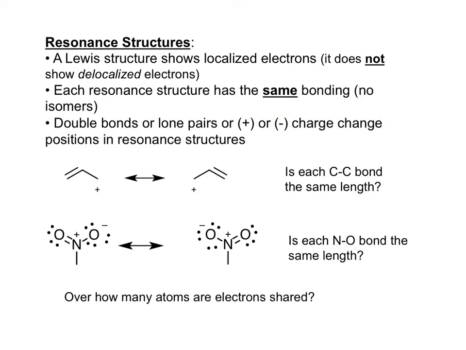So remember, one Lewis structure shows localized electrons only. Resonance structures are 2 or more Lewis structures. Each resonance structure has the same bonding, or the same connectivity. The difference between resonance structures is that double bonds, lone pairs, or charges change positions. Here are 2 examples of compounds that are represented by resonance structures. Stop the video and answer these questions. And the answers are: